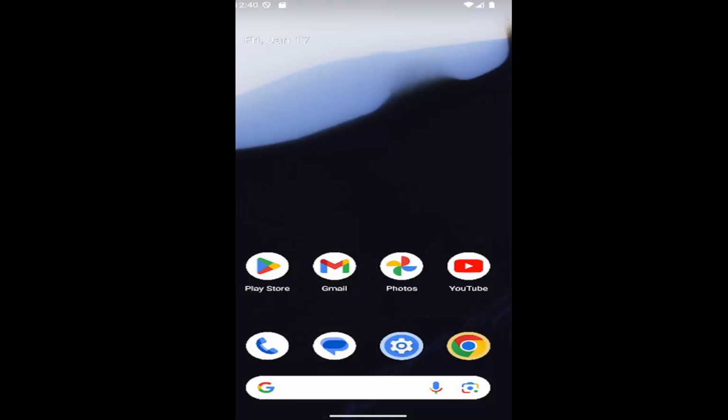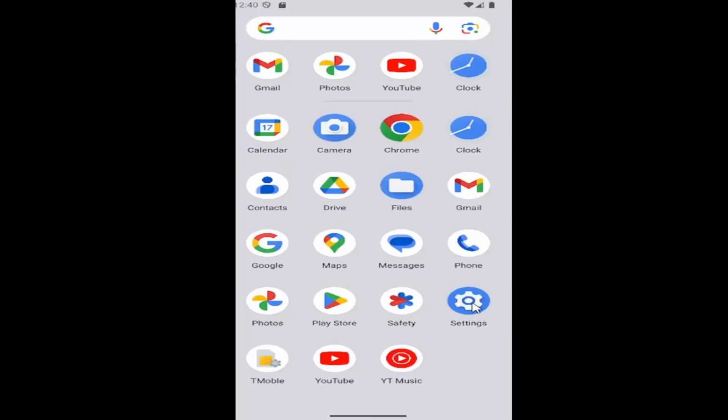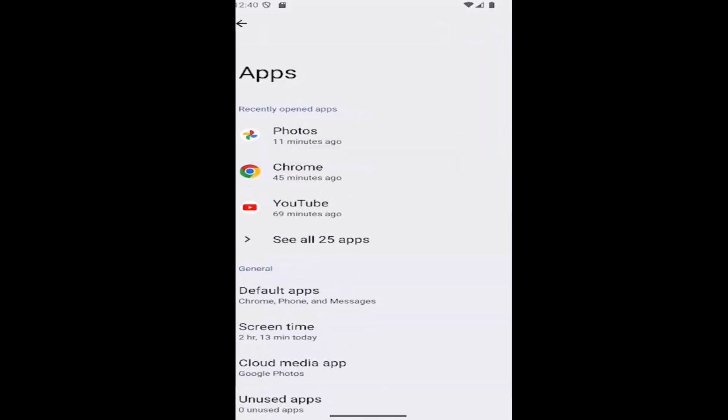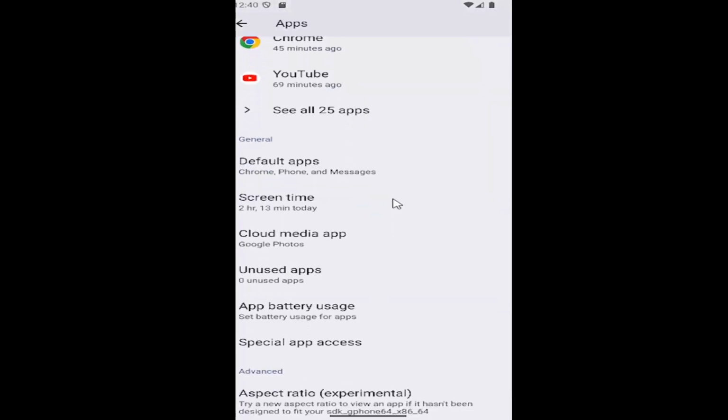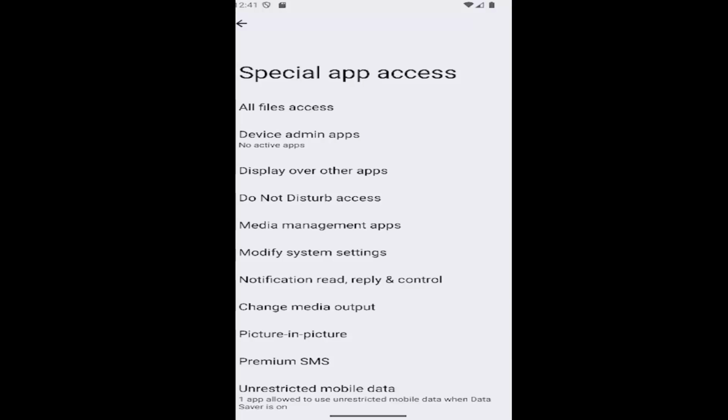So all you have to do is open up your phone, if it's not already turned on, of course, and then swipe up, select the setting gear button, and then you want to go and select the apps button. So go ahead and select that. And then you want to go down and select where it says special app access. Go ahead and open that up. And now that we're on this page, you want to select the media management apps. So if you go ahead and select that,